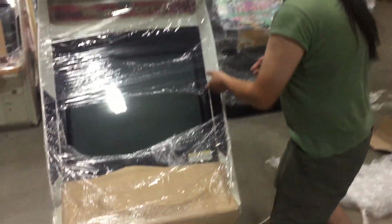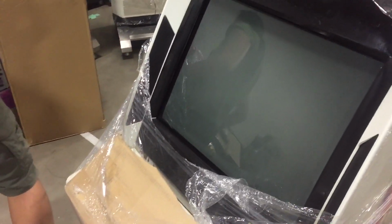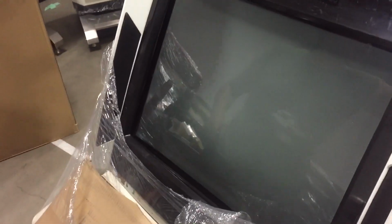So, very first thing, and I'm going to start opening this up while we do this, go ahead and take a look at this monitor here. If you come on in, you can see that this is not an original monitor. It is a flat tri-sync, and in here they've done this little bracket that fills the gap between the bezel and the monitor on all sides. When I found out about this, I got a little manual on how to do it, and some information about it, but